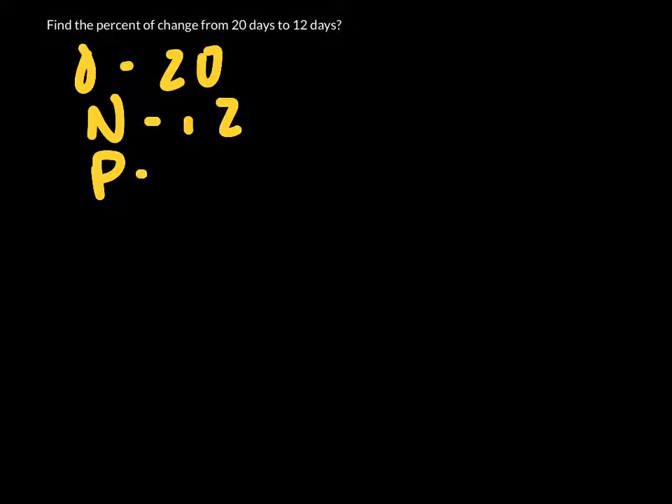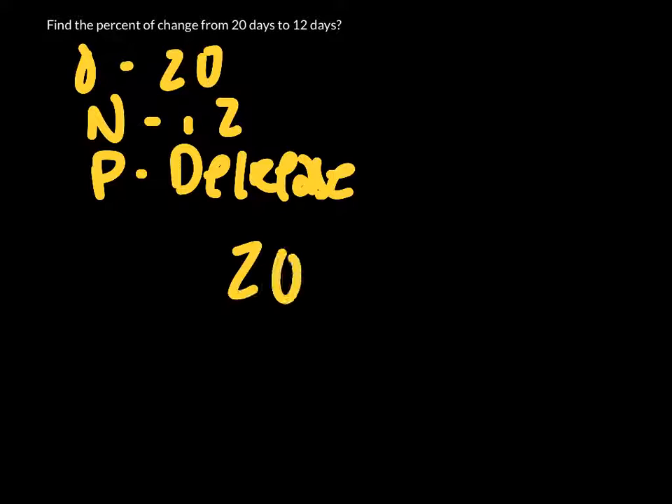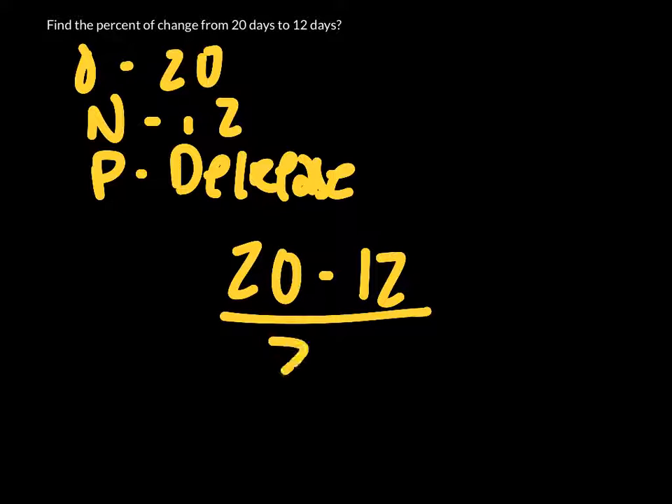Okay, take a look at this one. Find the percent of change from 20 days to 12 days. And when you're ready to check your answer, pause the video. Okay, so our original amount was 20 days. Our new amount is 12 days. Our percent of change is a decrease because we're going from 20 to 12. So we put 20 minus 12 over 20,